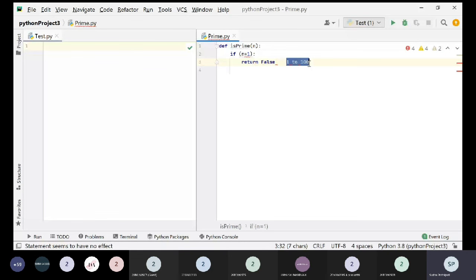But if you are checking a number, then you have to make sure that the user can give whatever he wants to. He can give a negative number, he can give a positive number, he can even give a 0. So you need to handle it in such a manner. Okay, so reading and understanding the problem statement is very important. I'm saying if n is equal to 1, so I'll say return false. Then after that,